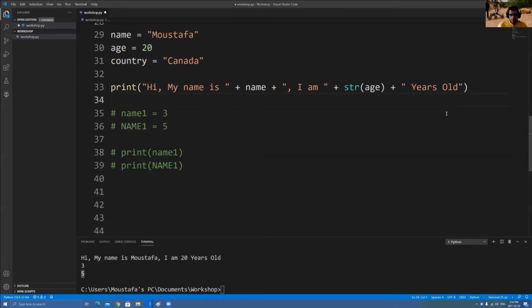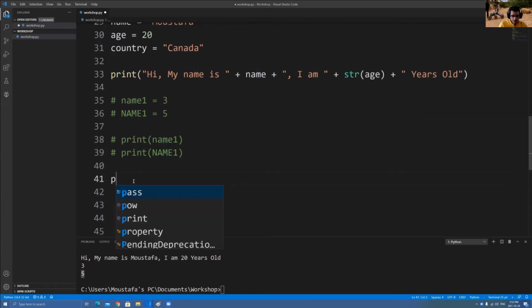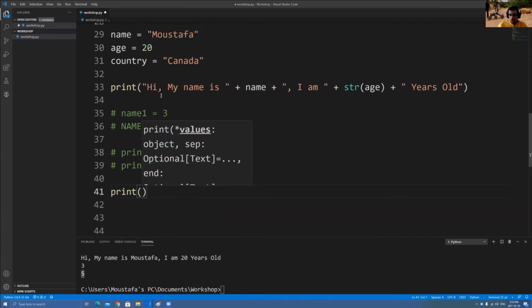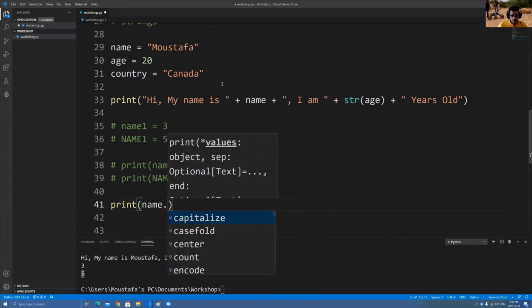Okay, another thing is these are some string commands in Python. So see here how my name has a capital letter here for Mustafa. I could also do this. If I want to make it lowercase, I could say name dot, and then in VS Code, if you have the Python extension installed, it'll give you all the things you can do to a string if you put the dot after your string name. So here's name dot, and here I can scroll down. I can see everything I can do, and you might have to search up what each one does, but I'll show you some. So lower,